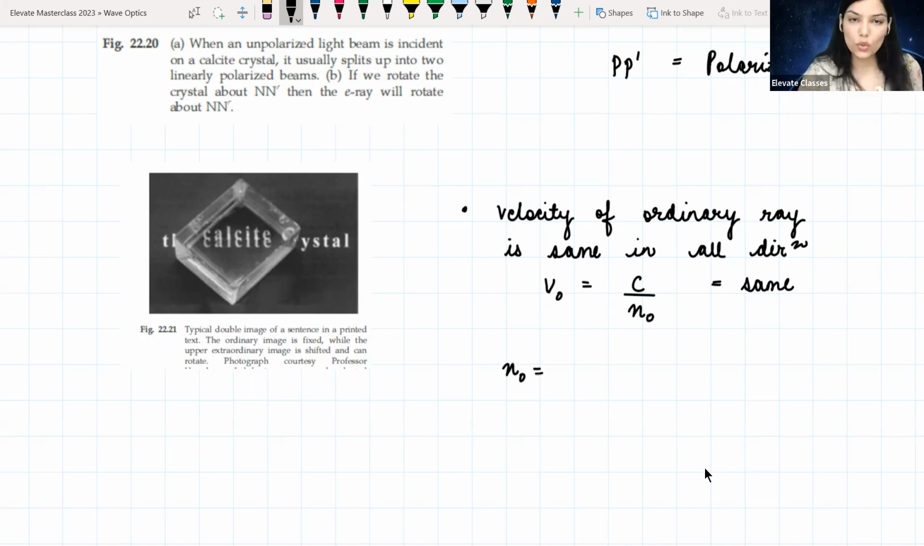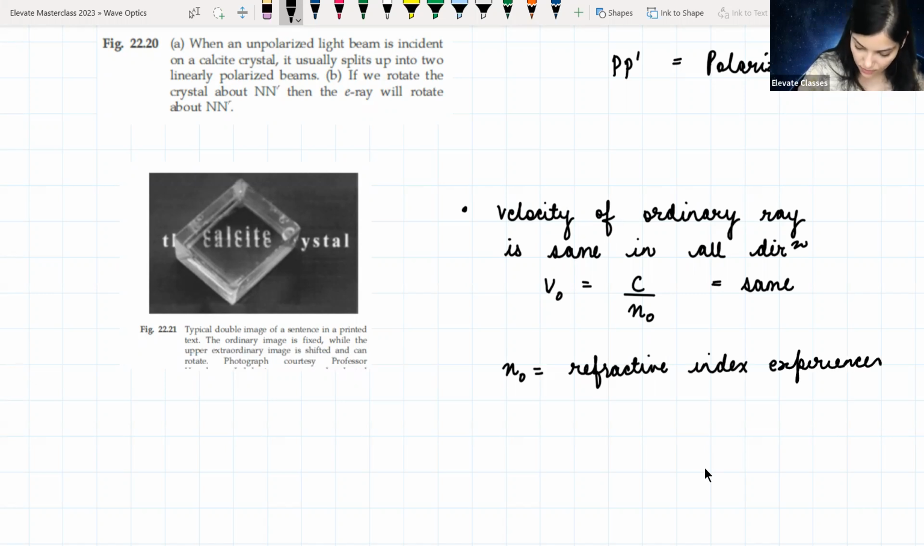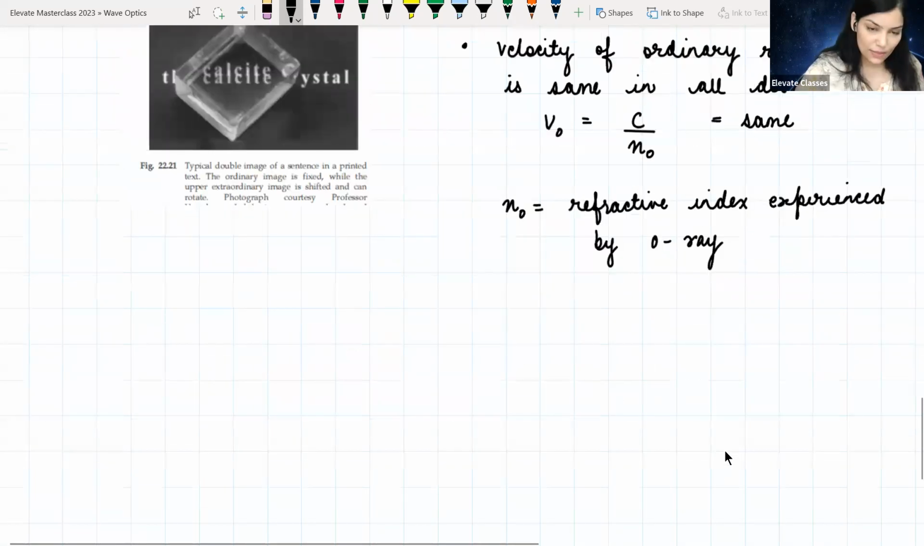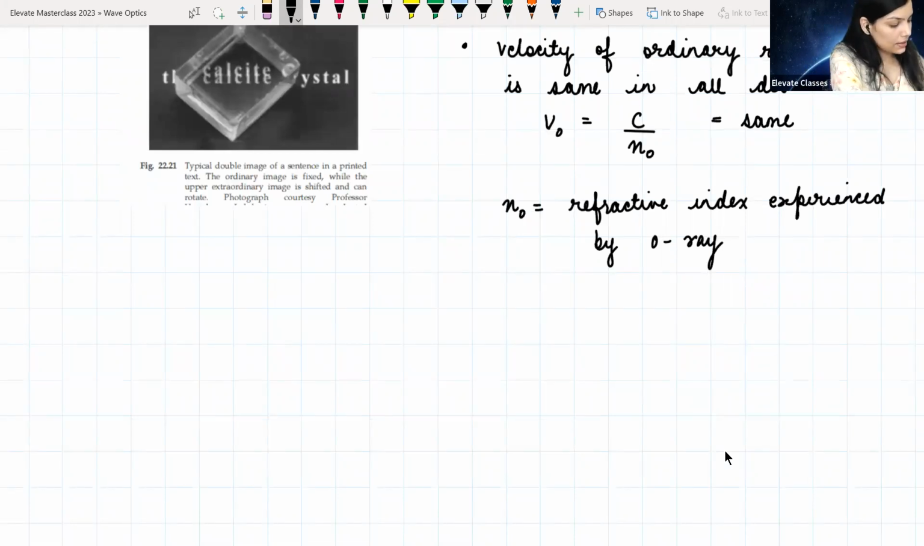Now these two beams, the ordinary beam and the extraordinary beam, would experience different refractive indices. Okay, so this is the refractive index experienced by the O ray. Now, similarly, what will happen is that